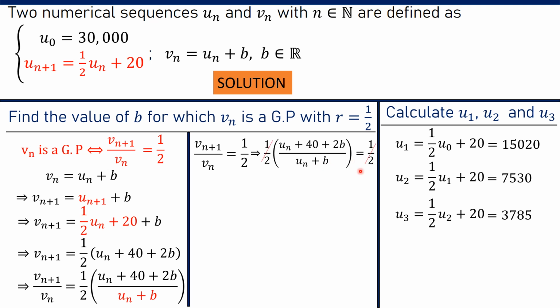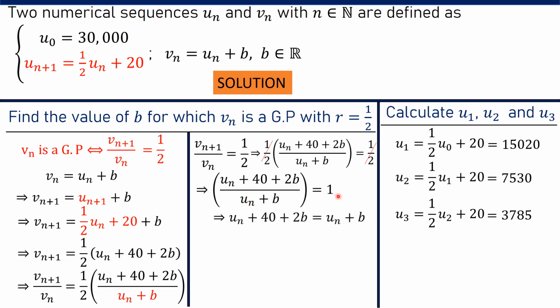Now the half cancels on both sides, and then we get un plus 40 plus 2b divided by un plus b to be equal to 1. We can cross multiply, we get the numerator to be equal to the denominator. Now the uns are going to cancel, and then now we can subtract b on both sides as well as